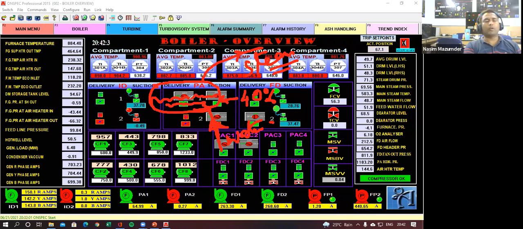Okay. Now, how to make the logic, on what basis we will be writing the logic so that this 40% will be maintained. Now, there are 2 or 3 things. Number 1 is your drum level. You can make a logic that okay, the set point of drum level is 40%, and you can use this 40% drum level to control everything. But will it give you a good control?